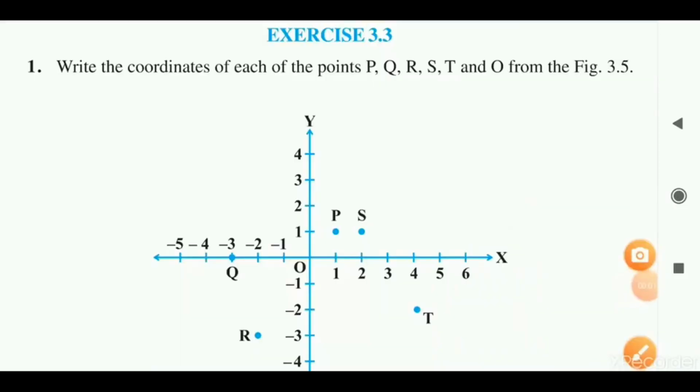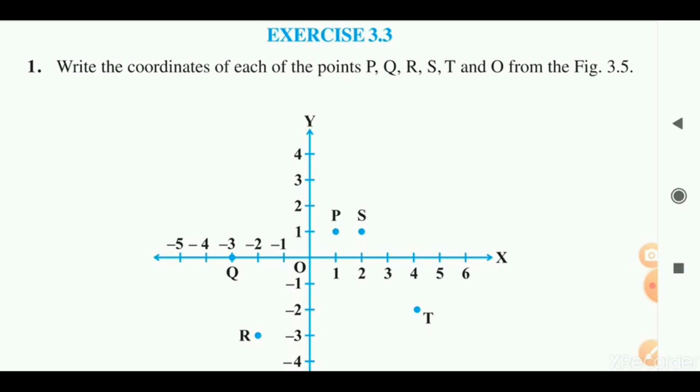So here we have exercise 3.3 of the NCERT Exemplar book of standard 9th, and the chapter we are studying is coordinate geometry. So let me explain this. Here we have question number 1. Write the coordinates of each of the points P, Q, R, S, T and O from the given figure,